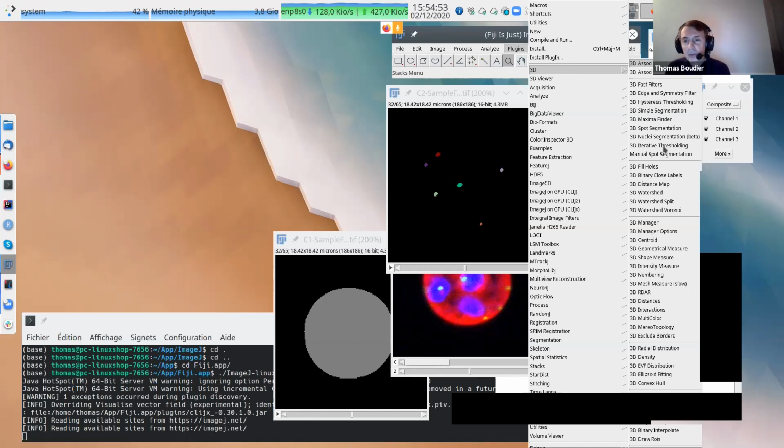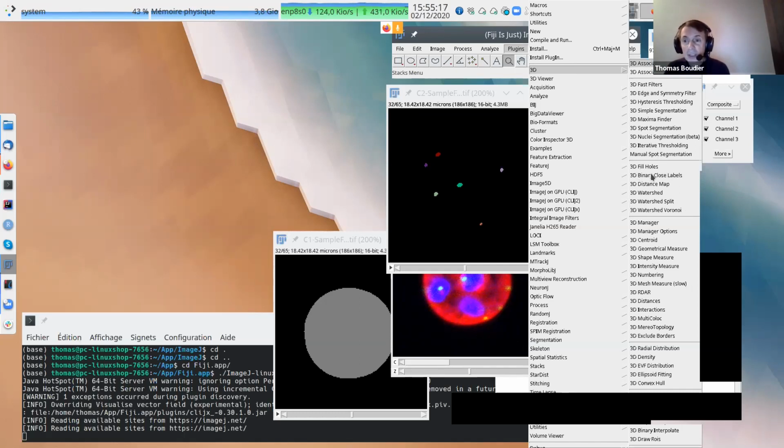Iterative thresholding, we will see later maybe. Manual spot: if you have some spots, you can add or remove spots if spot segmentation didn't do a good job. It's a bit rustic, but it's still working. This part is more like mathematical morphology, to improve the segmentation.